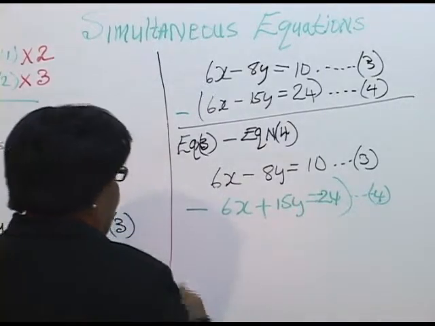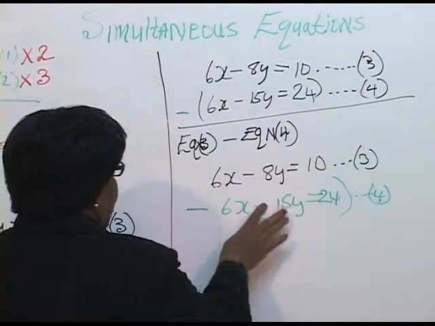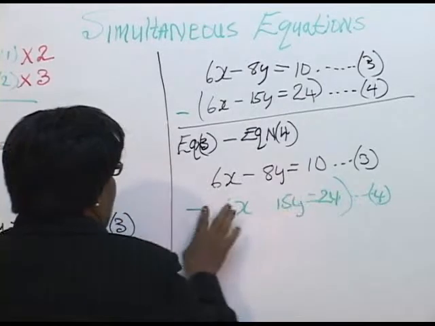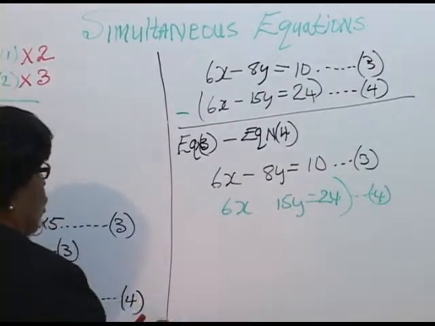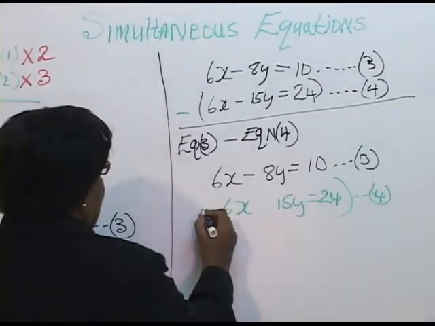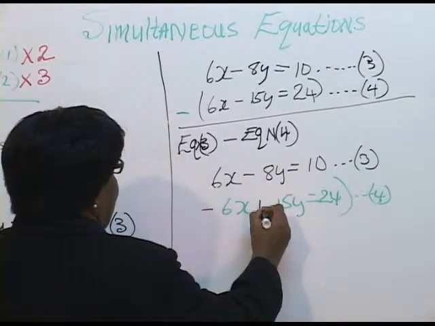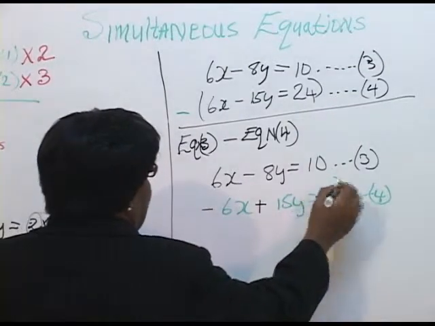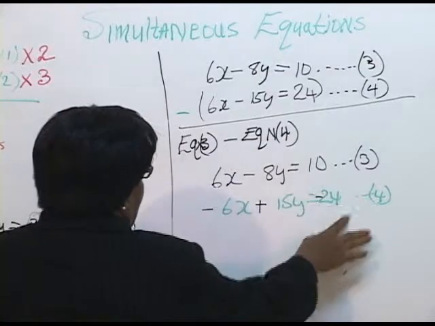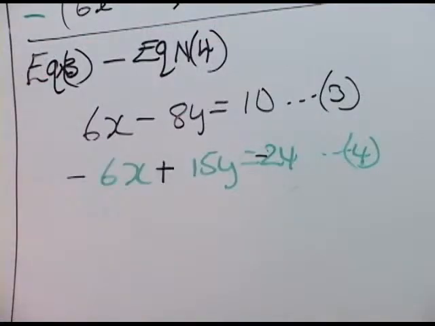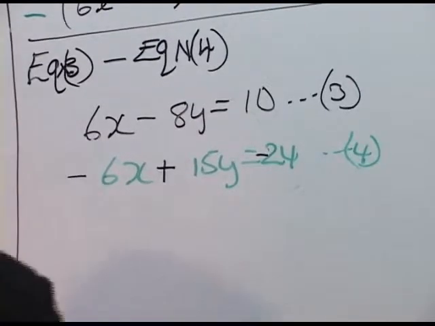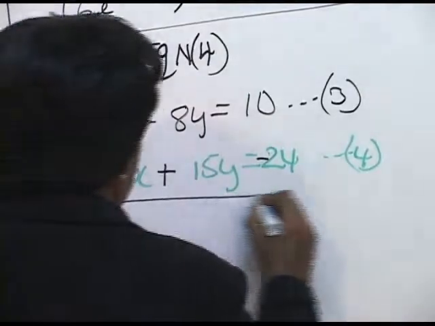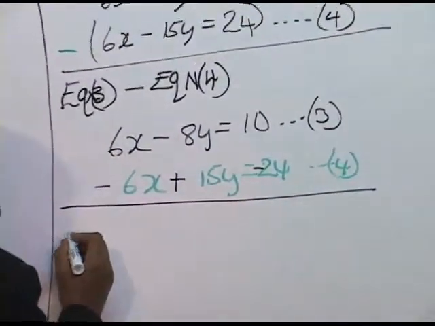Okay, I want you to see what I did a while ago. So I'm going to use a different color. Okay, so now changing the signs. So it would be negative 6 plus 15y, and it's negative 24. We said that we are taking equation 4 from equation 3. So after this, we would then add in